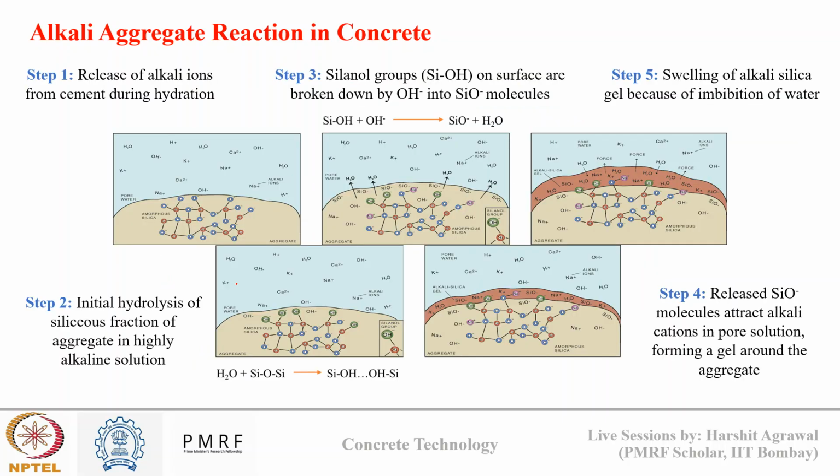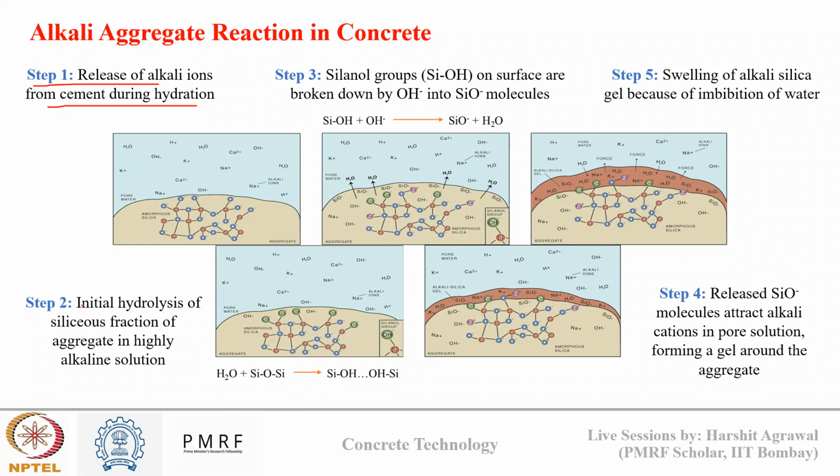Now, how does this alkali silica reaction occur? For this, I have this flow chart kind of diagram. First, we have amorphous silica in aggregates, and during cement hydration, alkalis are released in the pore solution. So this is step one: release of alkali in the pore solution in the vicinity of aggregates which have amorphous silica. Now, in the presence of an alkaline medium, the silica in the aggregate breaks down due to hydrolysis to form